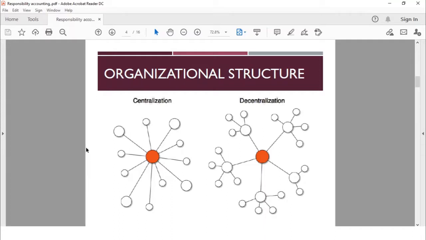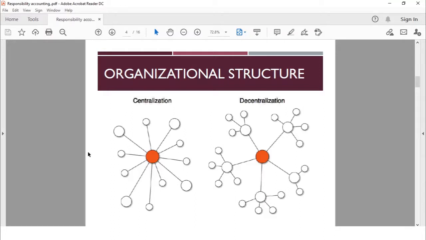So whenever there are events or activities that involve decision making, all of them are addressed by the one who has authority to decide on those events, which is the head of your organization. Now, on the other hand, we have the decentralized organizational system. So compared to the centralized organization system, as you can see, what is different here is